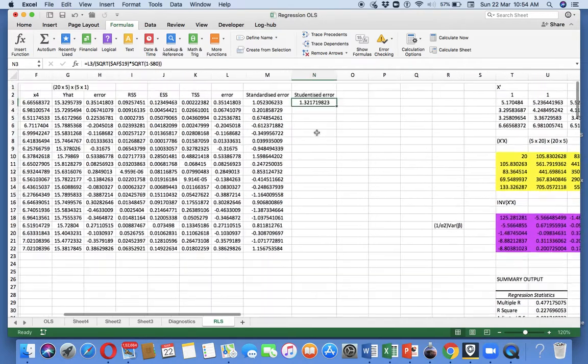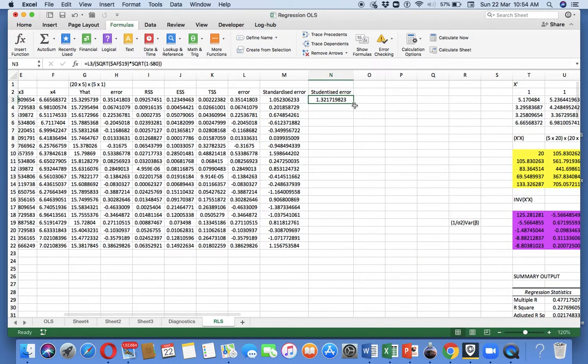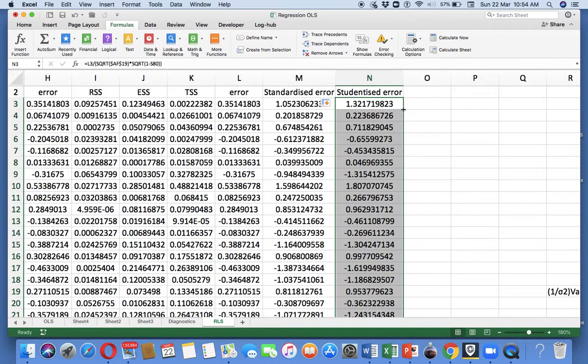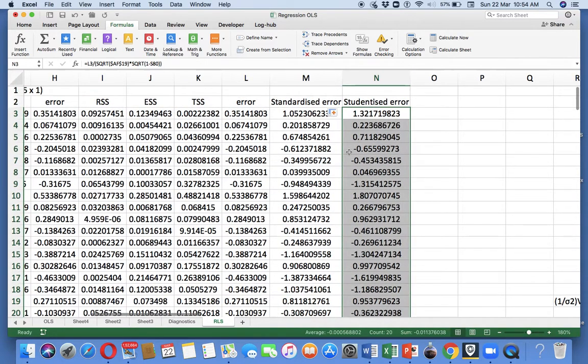So we've got the studentized error. I'll double click it. There you are. So you got the regular error, the standardized error, and the studentized error. So now you can find out many things from this.